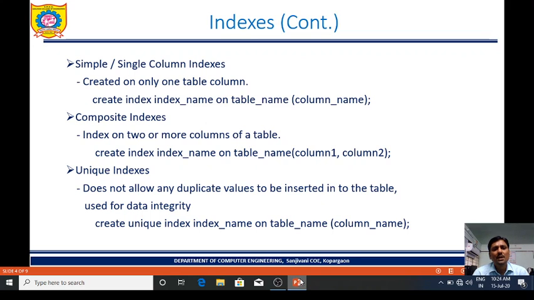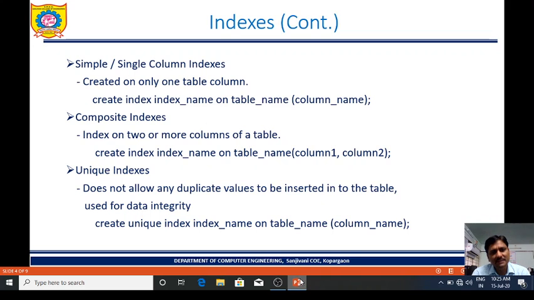Third, unique indexes. This unique index does not allow any duplicate values to be inserted into the table. It is used for data integrity. Already we know if we increase the duplicate values in a database, it will lead to inconsistent data, and to avoid this, to maintain data integrity, we implement unique indexes.